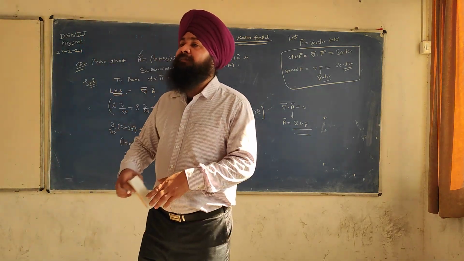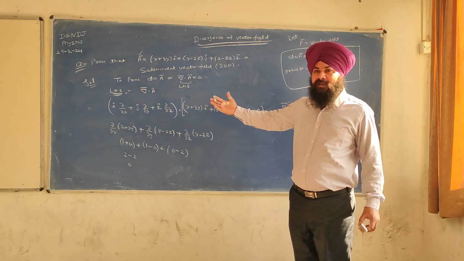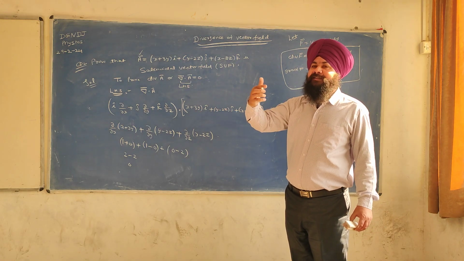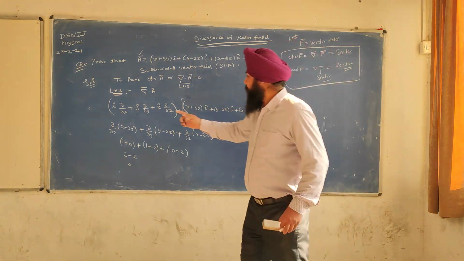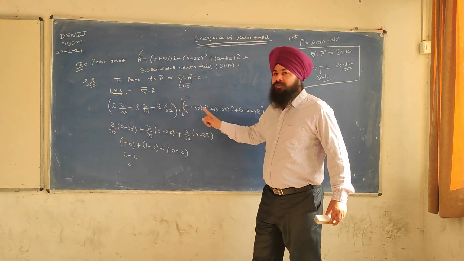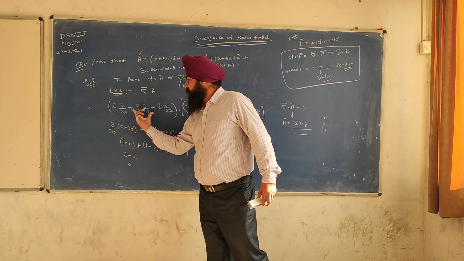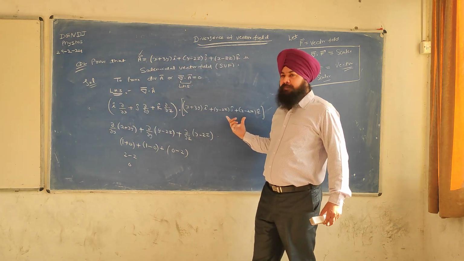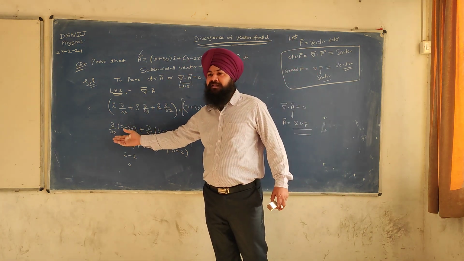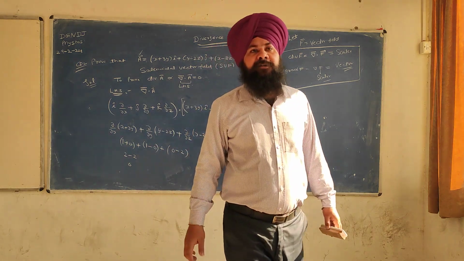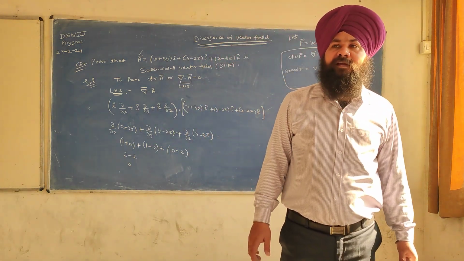That is why I first taught you the concept of vectors, how to take the dot product. This is the same. We have to take the dot product of two vectors because del is also a vector. So we have taken a dot product and applied the derivative. Apply the derivative formula and we have the answer. Any doubt?